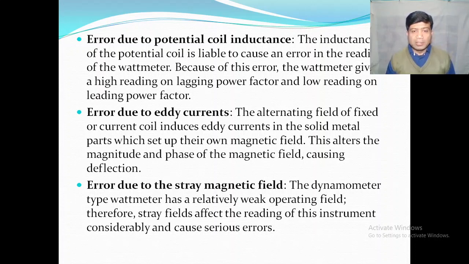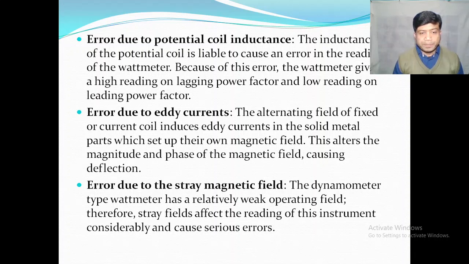The last error which occurs in these type of instruments is error due to stray magnetic fields. Because of stray magnetic fields, the weak field, why I am calling the field to be weak, the reason here is that the coils are air cooled. The coils here are air cooled and they have a very weak field as compared to the coils which are iron cooled. So here we use the air cooled coils and they have a very weak field,